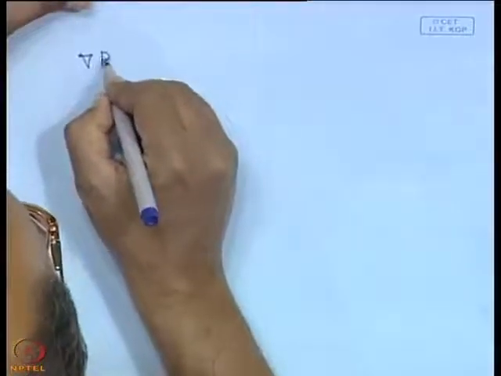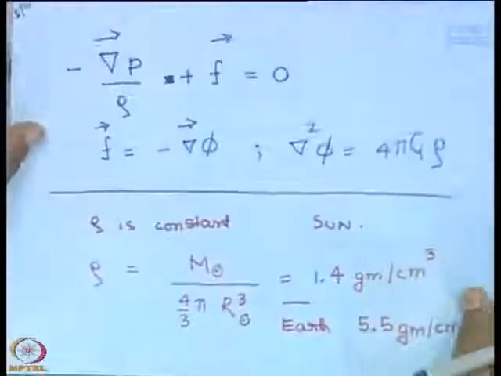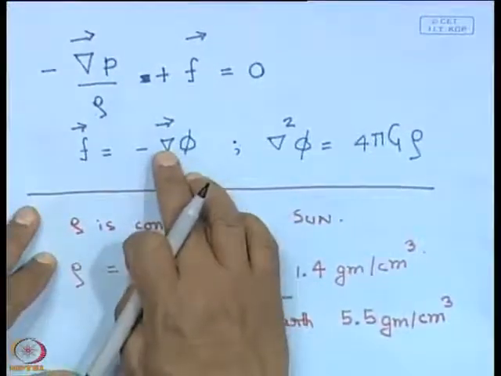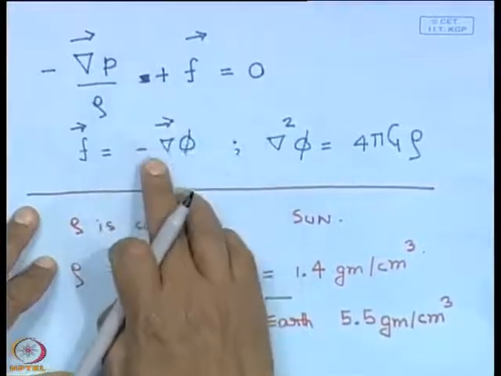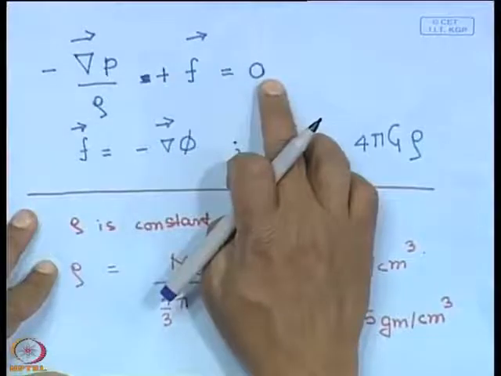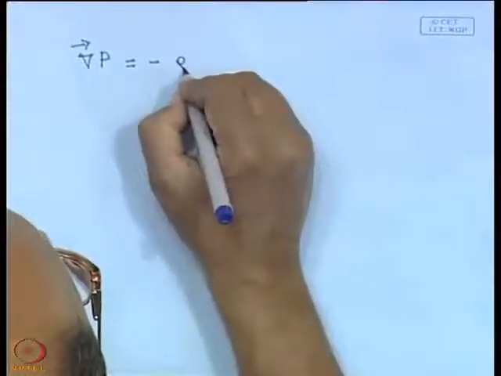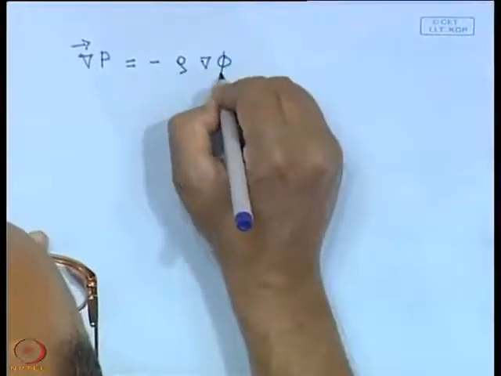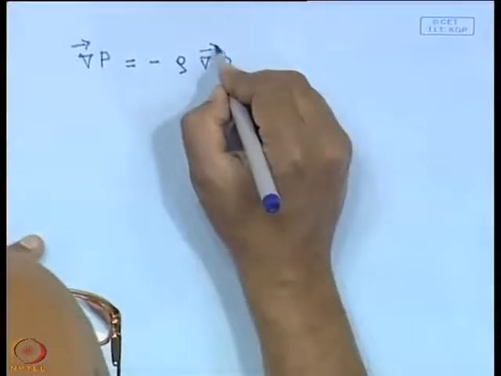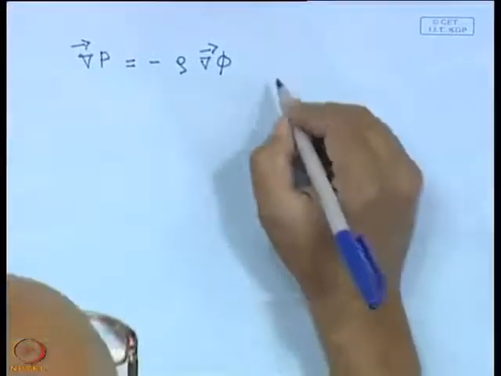grad P is equal to this. If I put it here, the minus sign cancels out, then I take it onto the right hand side. So this is equal to rho into grad phi with a minus sign. Further, I could take a divergence of this, and we are led to the equation that